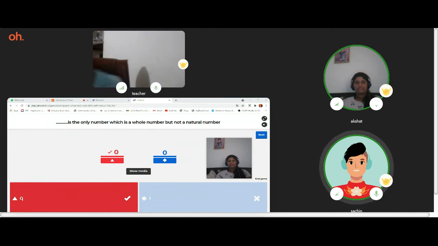Shashi, what will happen is you will be able to see the options over here on the screen, and then you will be able to see those colors and those symbols on your mobile phone. So you read the question over here, and you read the options over here, and then select the one which you think is right through your mobile phone. Okay? All the best.